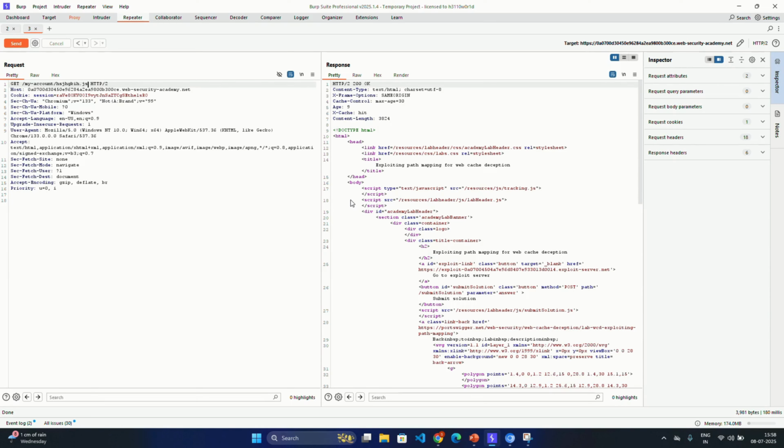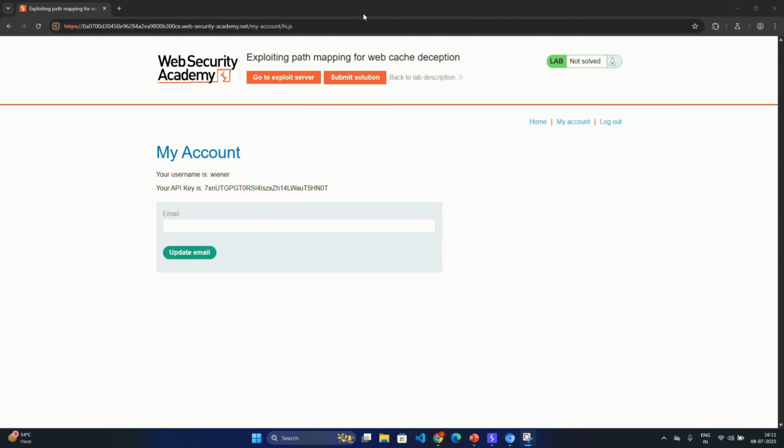Now we know that this website is clearly caching any dynamic content we want to cache. Now what if this link is sent to a victim? Let's see how this affects users. So, what if I cache this request onto something like abc.js?